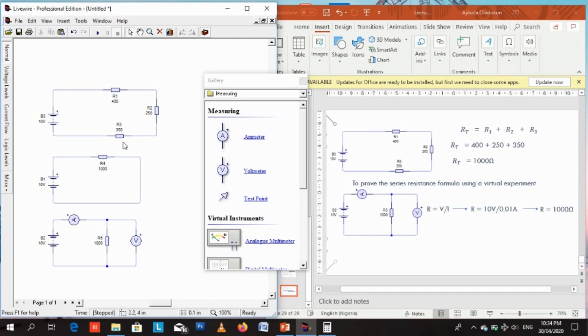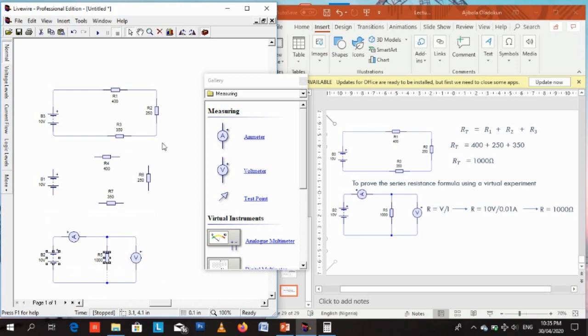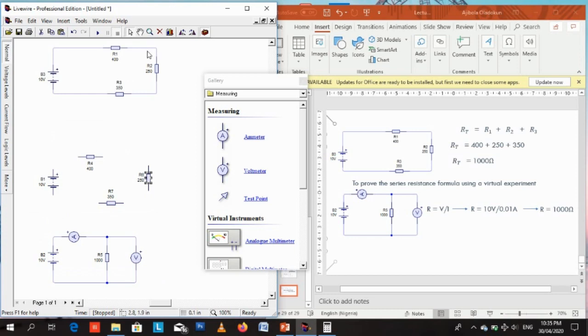So let's go back to LiveWire, and we can do the same thing for the other circuits, R1, R2, R3. Copy and paste. Let me drag this down a bit for more space, and drag this up a bit. Click, drag this, rotate. Okay, let me go back to the original configuration